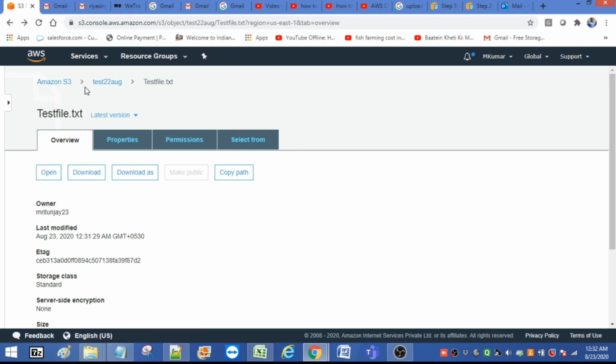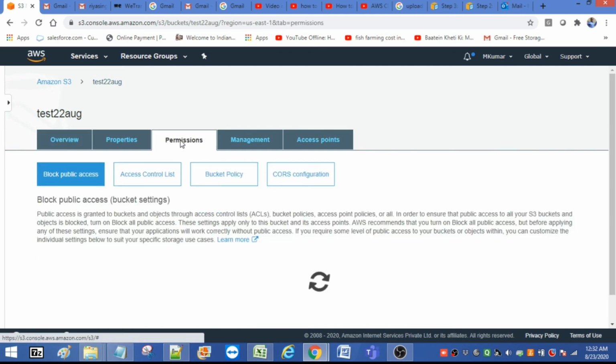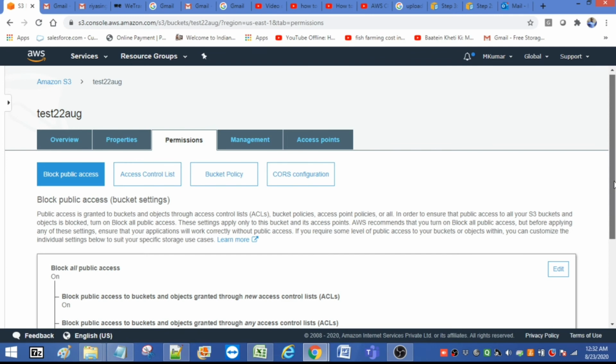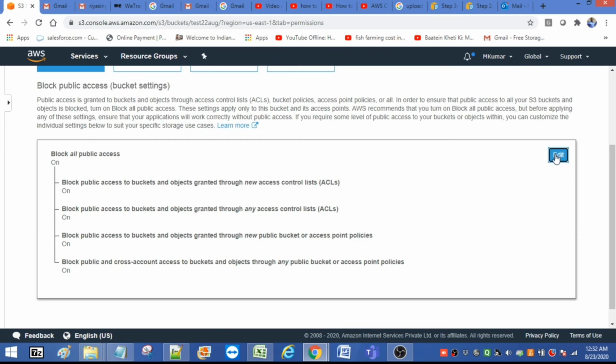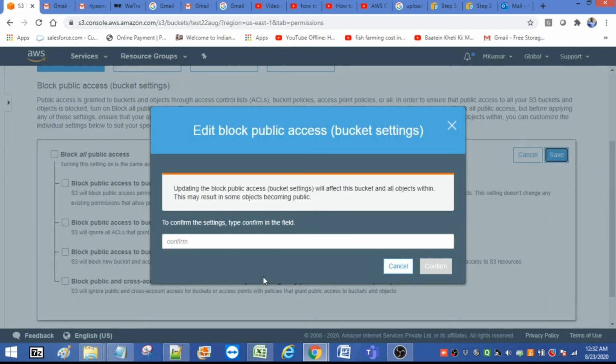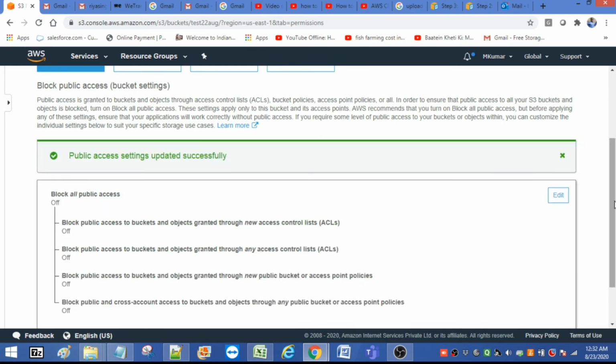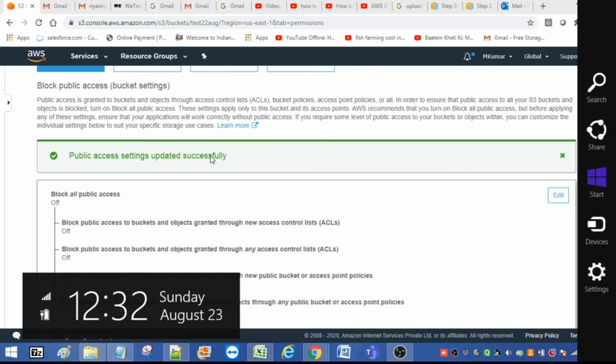If you want to see that, go to permissions. Here you can edit it, then save it. It will ask you to confirm. You type confirm and then click the confirm button. See the message: public access settings updated successfully.